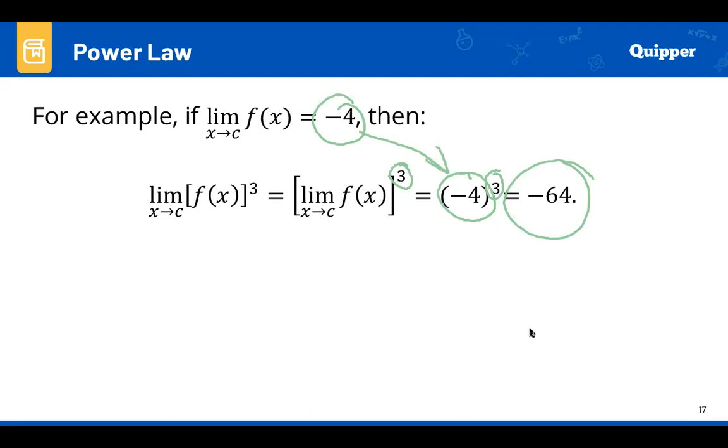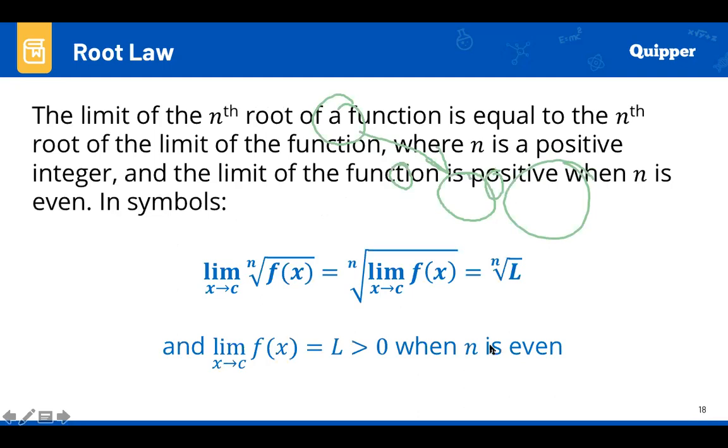And so that will be the power law. That will be the sixth one. And the last one, we have the root law. Yan. Patapos na tayo sa mga limit laws. Okay, sa root law. Again,